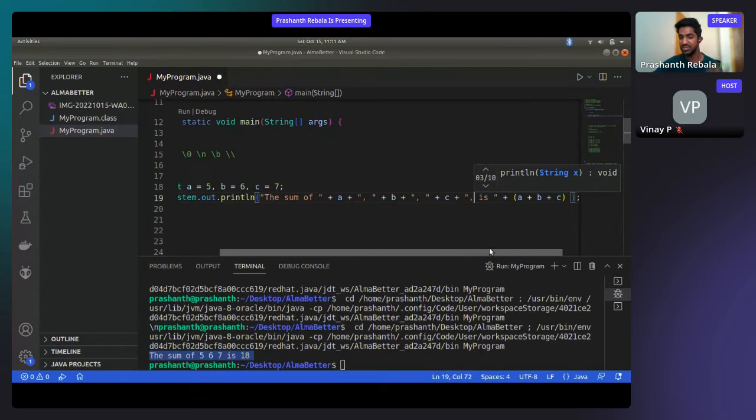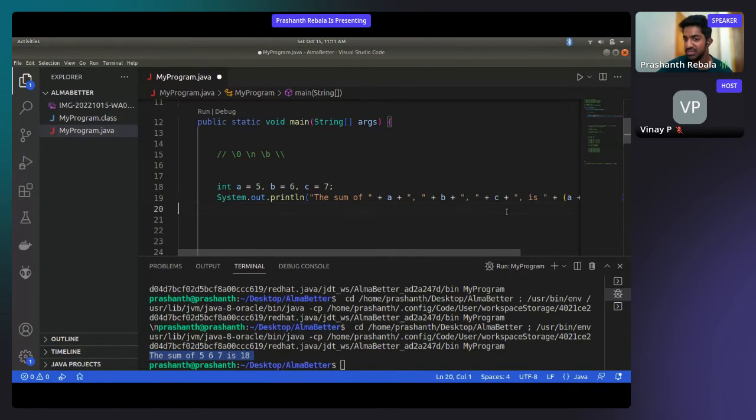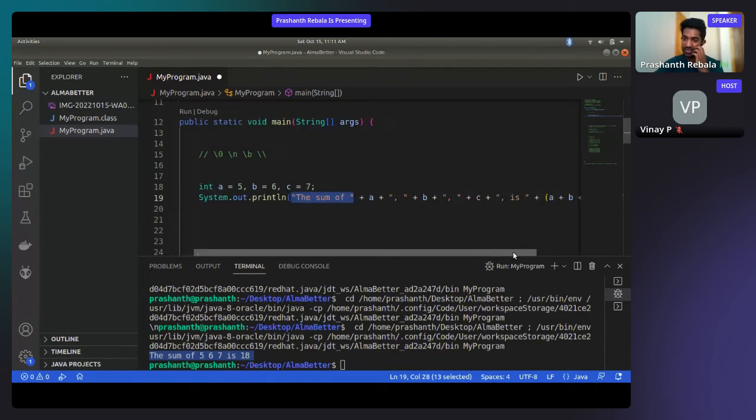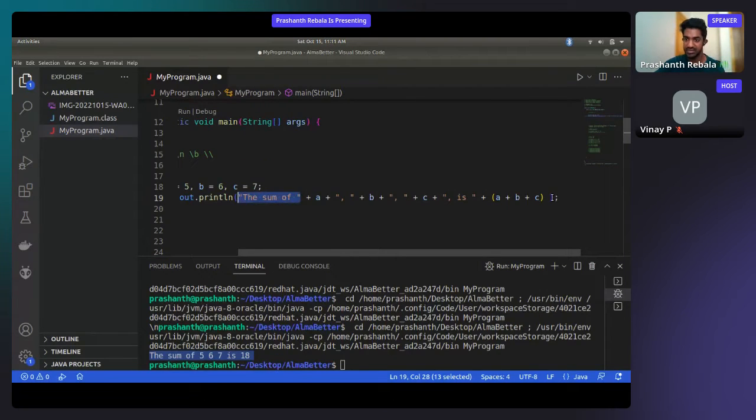Now I'll print it. Now this is going to get very confusing because if there are more terms I want to add, I have to put so many pluses, so many colons, so many quotes. It's going to get very confusing, right? So that's why we have something called a formatter. So what that does is, I'll just write it as printf,